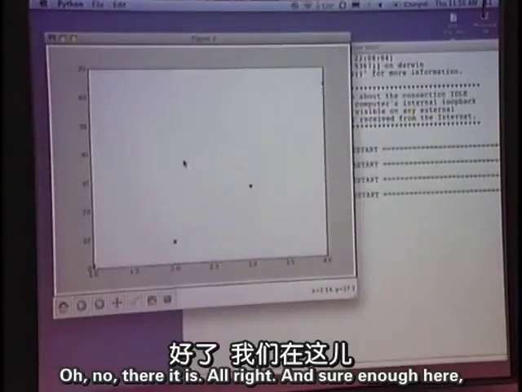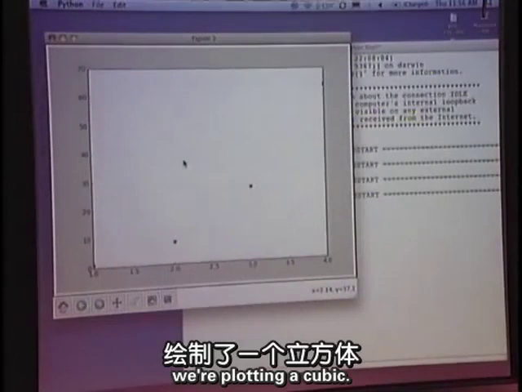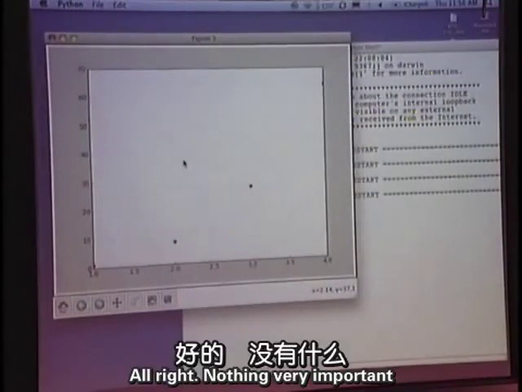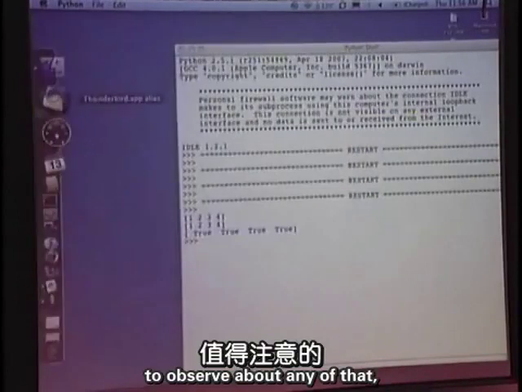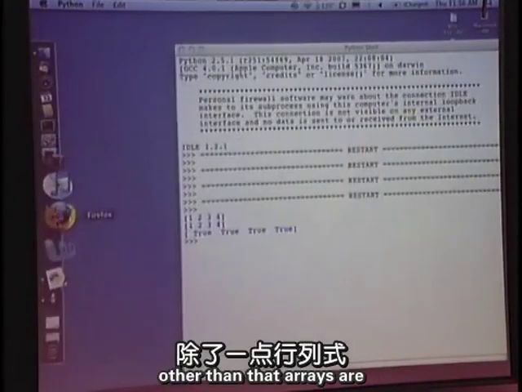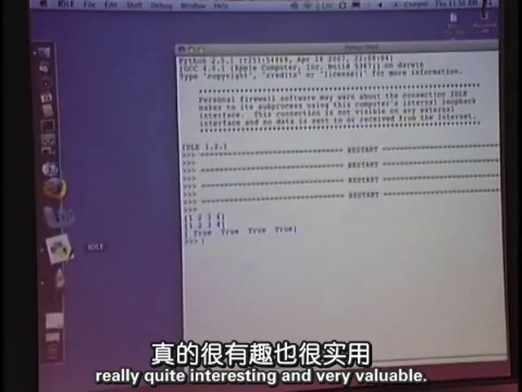Oh, no, there it is. All right. And sure enough, here we're plotting a cubic. All right. Nothing very important to observe about any of that, other than that arrays are really quite interesting and can be very valuable.